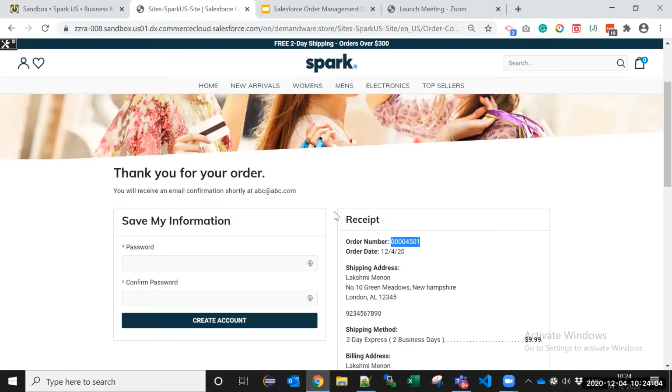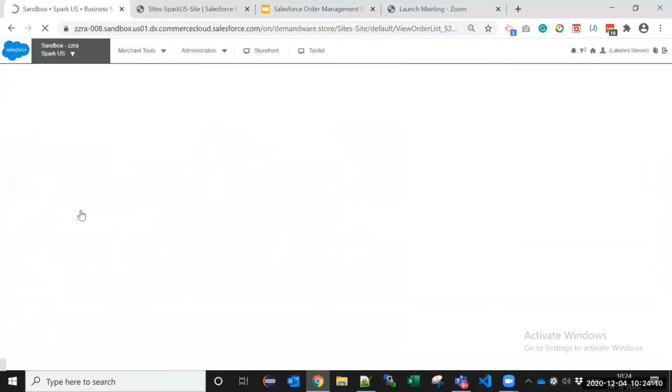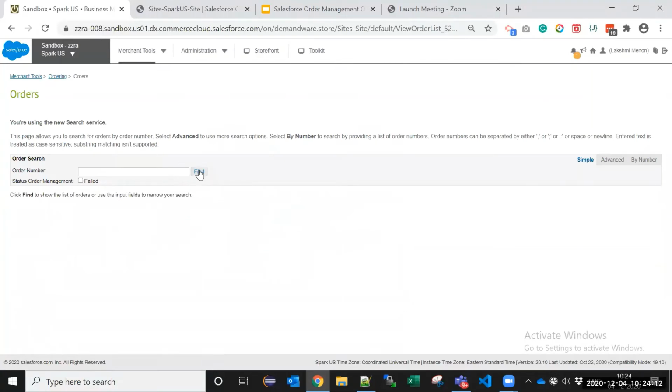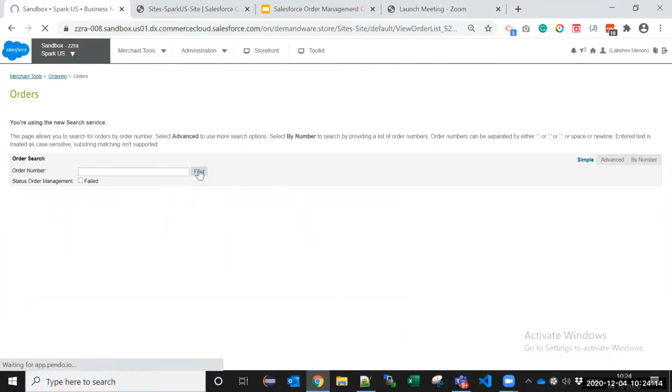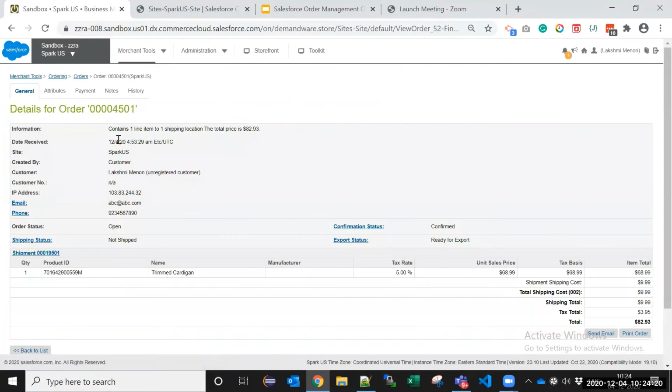So I'll probably just show you this particular order in Business Manager, because I'm sure in the order management module, we will be looking at orders from this module. So as you can see, this is the order that I had placed, and I am shown the details of the order.